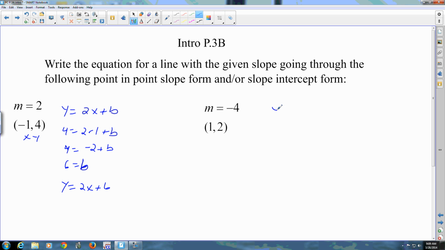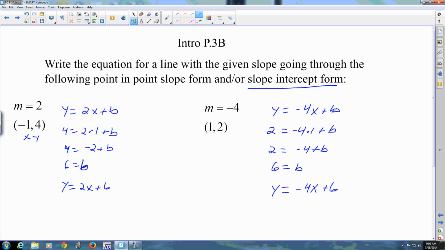Okay, so start out this one. See if I can write this one without really bad penmanship. 2 is equal to negative 4 times 1 plus b. 2 is equal to negative 4 plus b. Add the 4 to the other side, and once again you get 6. Just a coincidence that the y-intercept of both of them is 6. y is equal to negative 4x plus 6. Alright? Now, that's in slope-intercept form. Here goes, point-slope form